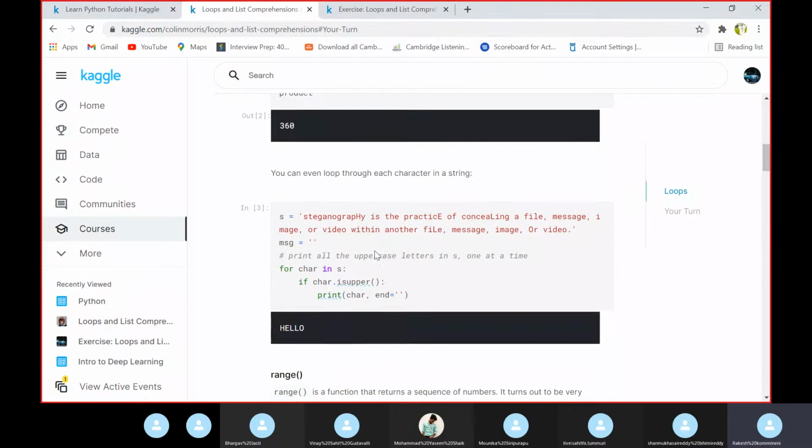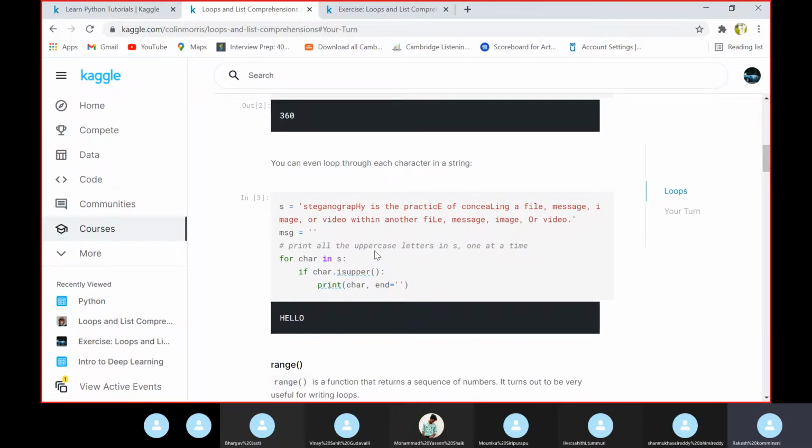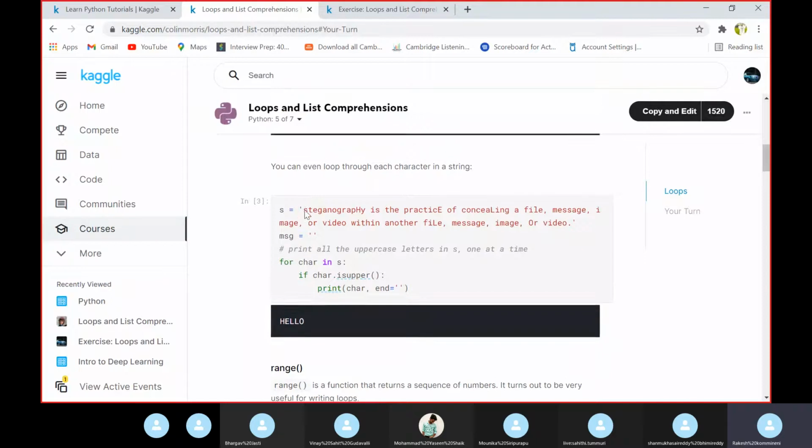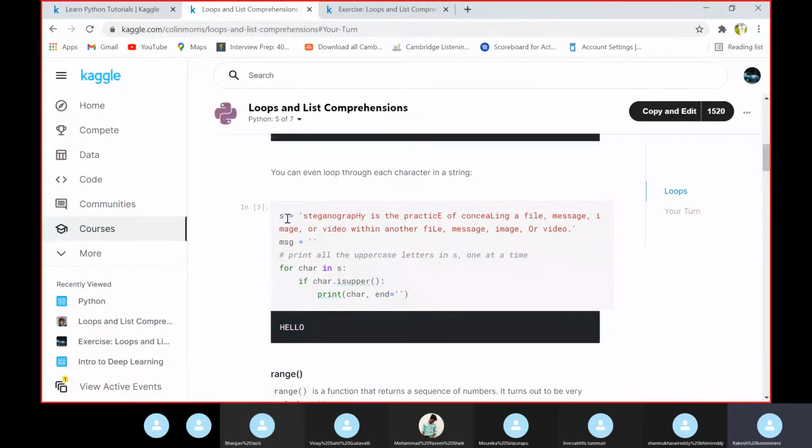And yes, we can even loop through each character in a string. We can also iterate this loop when we define this string values. Here we have assigned s with a string,